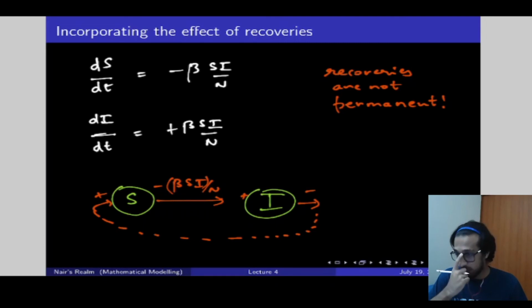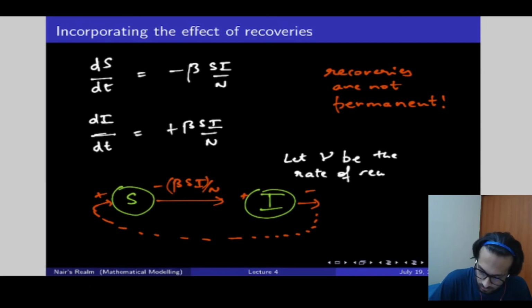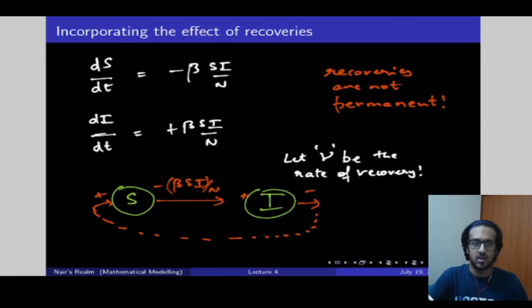If you think about it, we're talking about the rate at which an infected person becomes recovered. So let gamma be the rate of recovery. I am giving this term gamma, and gamma is a rate similar to beta. Beta is the transmission rate, the rate at which an infected person transmits the disease. Now gamma is the rate at which an infected person becomes recovered. So that means gamma into I